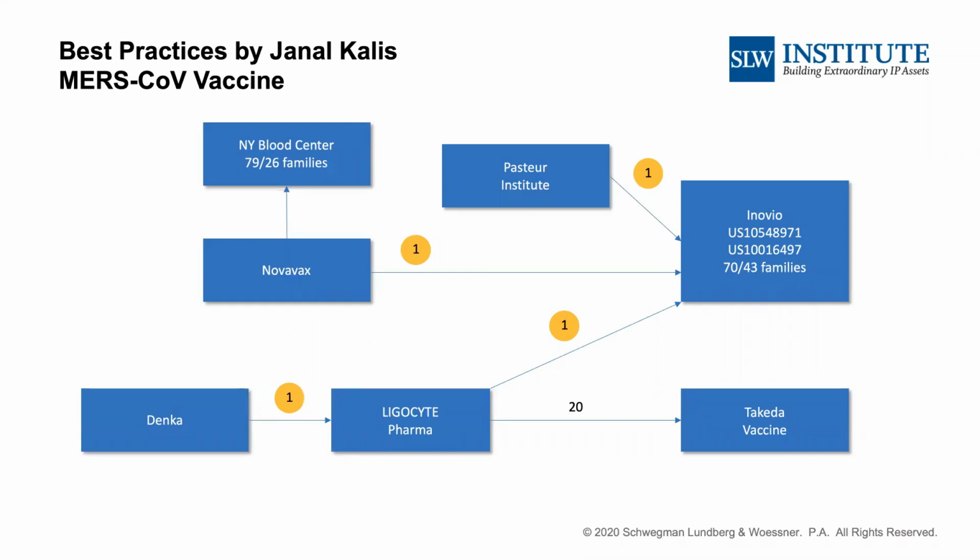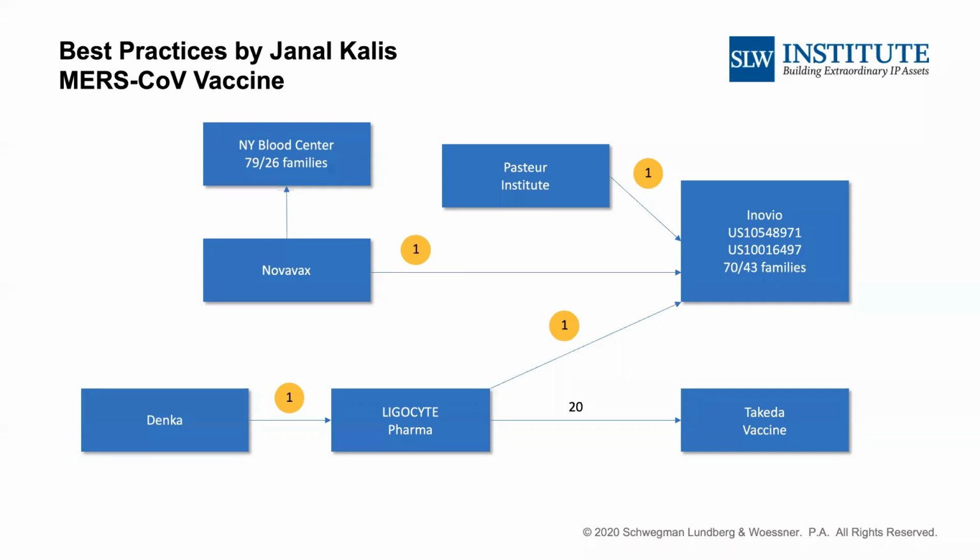Okay, this is a particular example looking at references cited in an office action against the Inovio patent US 10-548-971. In this case, the examiner cited a reference from the Pasteur Institute, a reference from Novavax, and a reference from Ligosite. What was of interest is the subject matter of Novavax was such that I took a closer look at who was citing, or did Novavax cite references from any other companies. And what came up in the search was New York Blood Center with 79 patents and 26 families. And what this indicated is that it would be a good idea to take a closer look at the New York Blood Center patent portfolio to see if there could be any problems